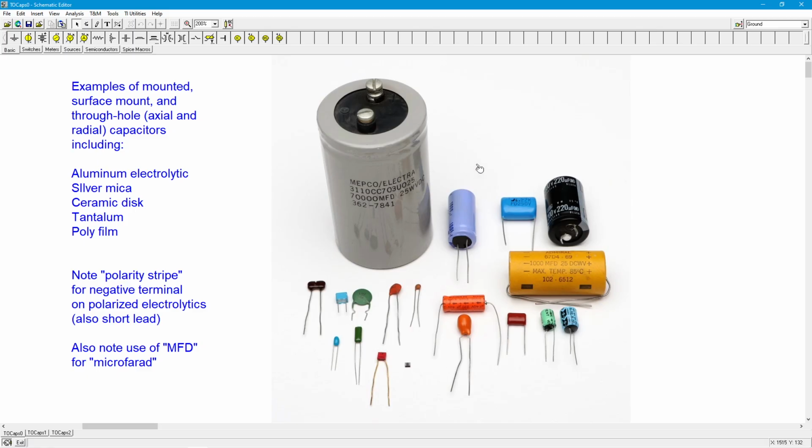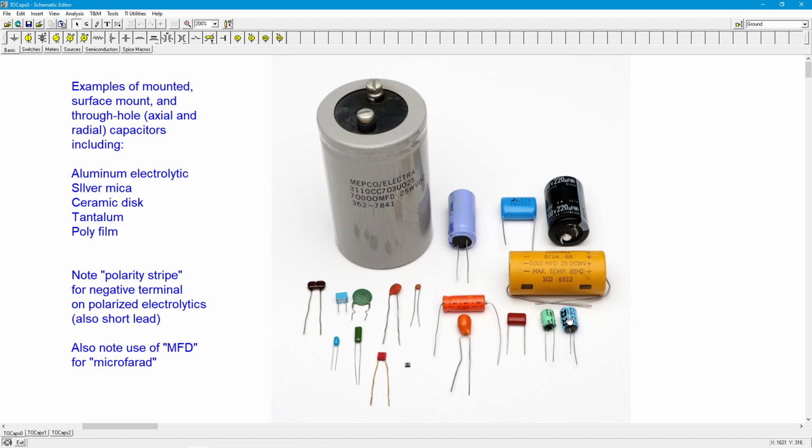Some smaller electrolytics we have here, a couple of smaller ones down here, another one over here. So we have what are called axial leads and radial leads. You'll notice in some of these, the leads are coming out of one end, and in some, they're coming out of either end. You'll also notice on these that there's a crimp, you can see this little crimp over here, and that will indicate a polarity along with a stripe. And also, very often, the length of one of these leads will be a little bit shorter. So you can see, for example, here's the stripe and it's right on the shorter of the two leads,